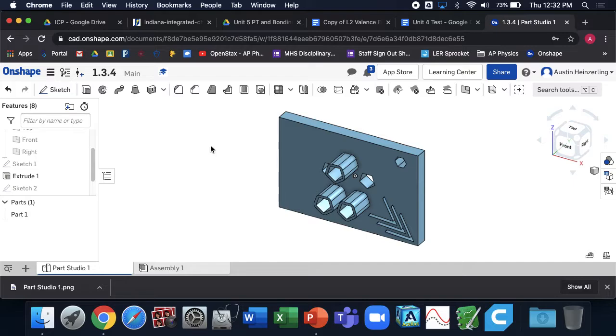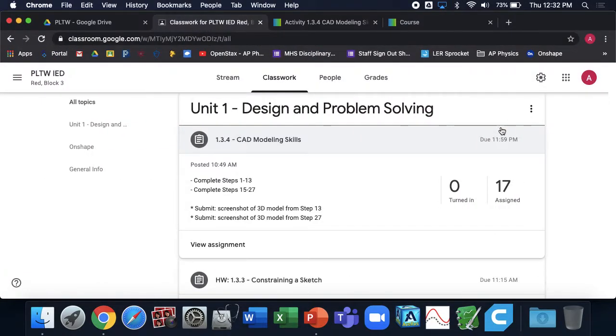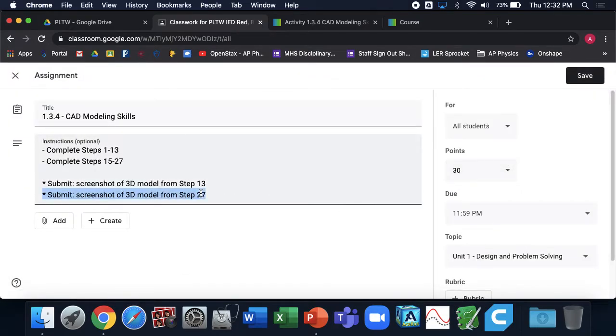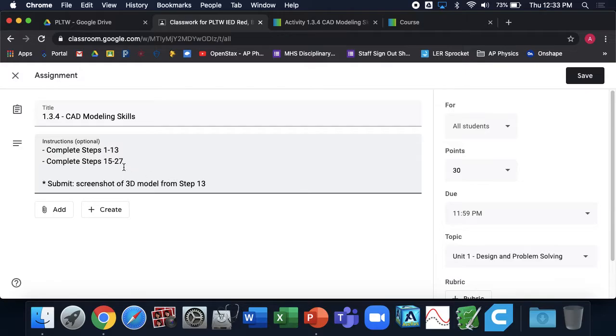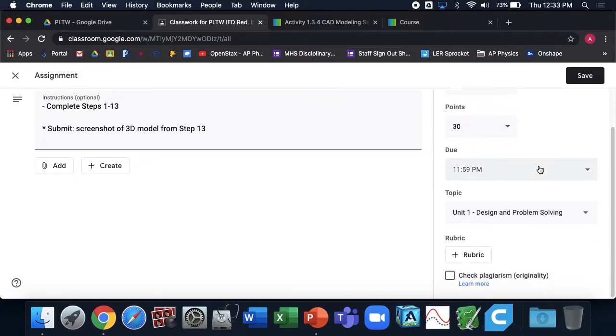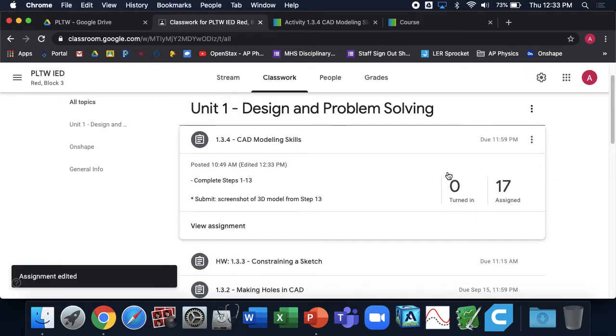Okay, again, the instructions are there. I can come around and help the last couple minutes. But this file is what I need you to upload. So I'm going to go ahead and edit this. It's due at midnight, so you guys have some time. There. Alright, so I'm going to